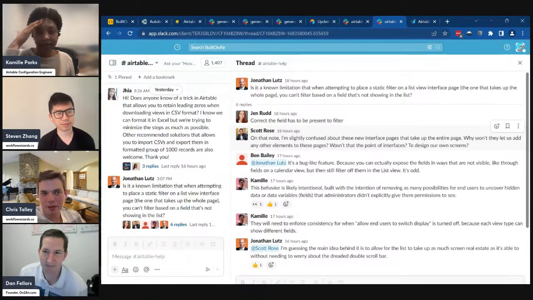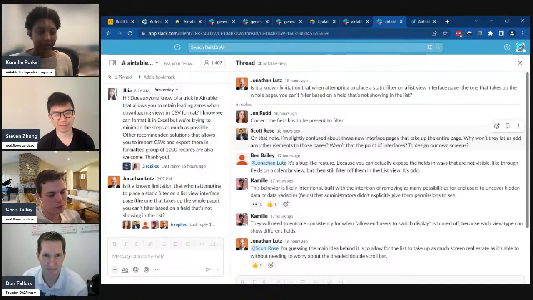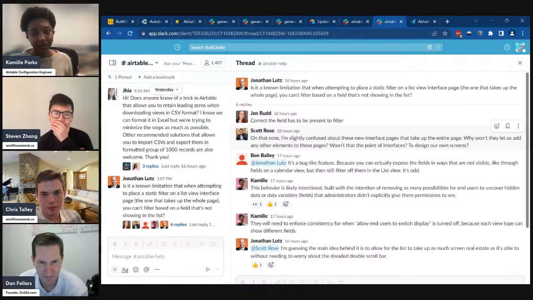Yeah, it's not clear. There's no warning or pop-up that tells you this, but if you run into an issue like, why can't I filter by it, then you would need to take a look at what fields you've exposed in whatever that view is. I believe the same thing is true of grid view. Calendar and timeline are different in that there's only certain